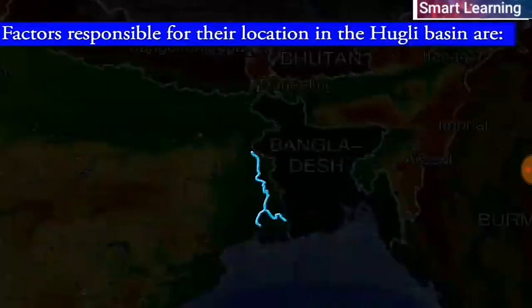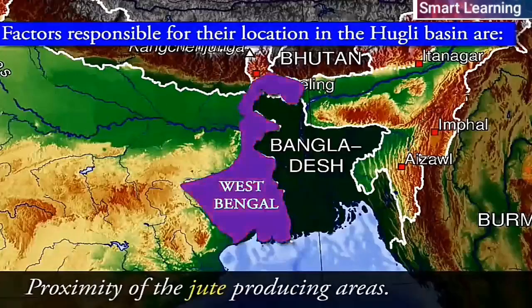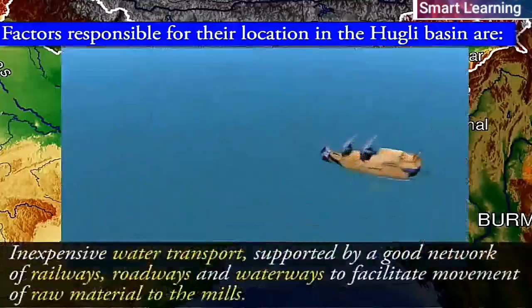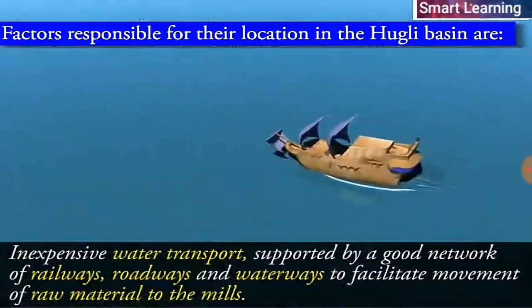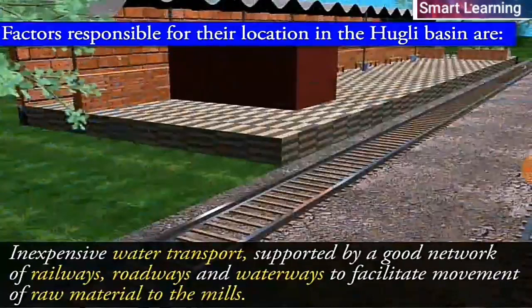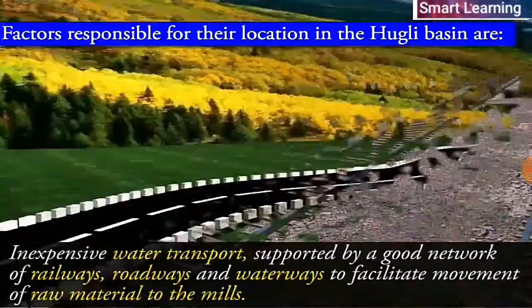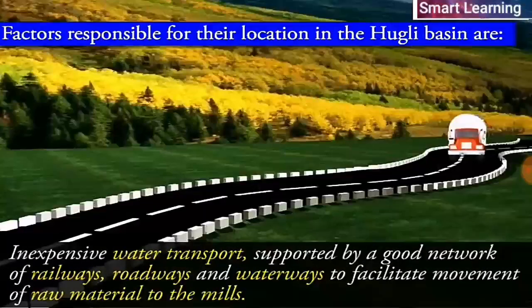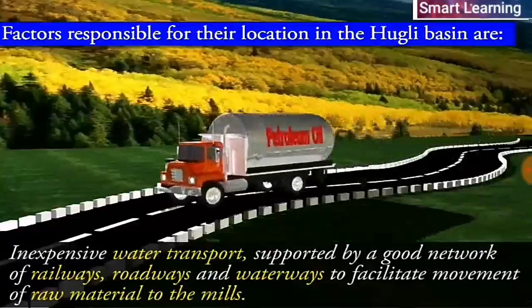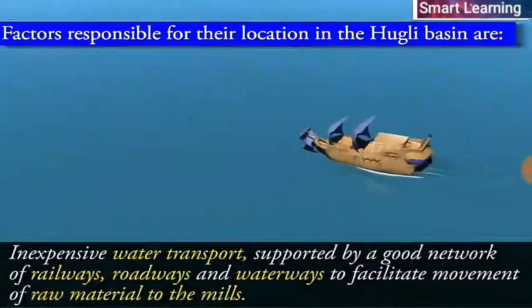Factors responsible for their location in the Hooghly Basin are proximity of the jute producing areas, inexpensive water transport, supported by a good network of railways, roadways, and waterways to facilitate the movement of raw materials to the mills,